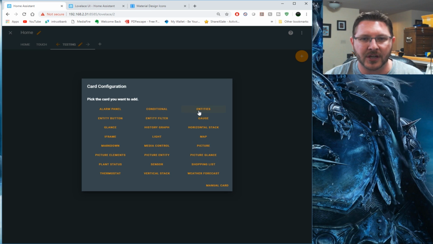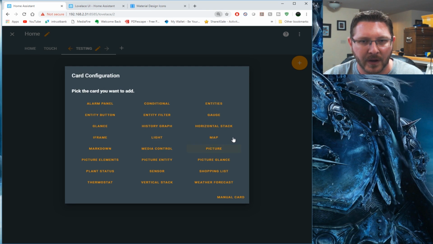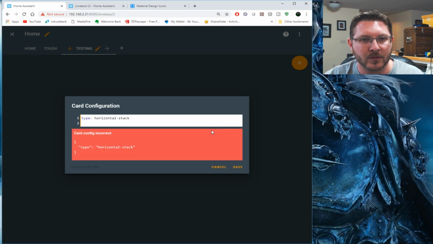There's an alarm panel, there's a conditional, entities, entity button, entity filter, gauge, glance. There's all these different types of cards, okay? So what I'm going to do, I want to make a horizontal list of buttons I want to push. So I'm going to choose, if I can find it here. Is this too small for you guys? Let me make this bigger. Horizontal stack is what I want. Now, with a horizontal stack, you get this information here. Now, all you have to do is enter your different cards, or your different entities, for